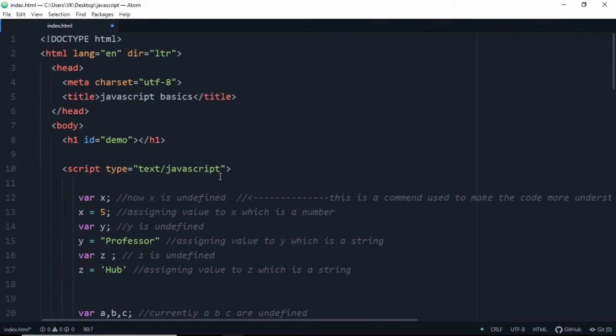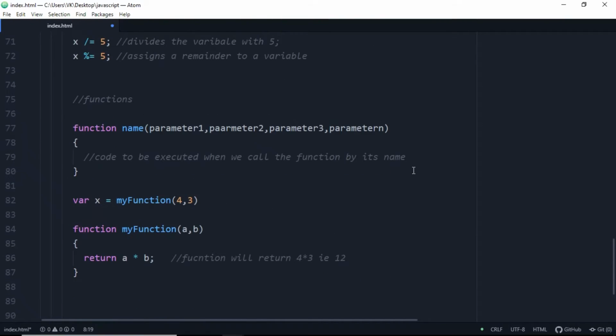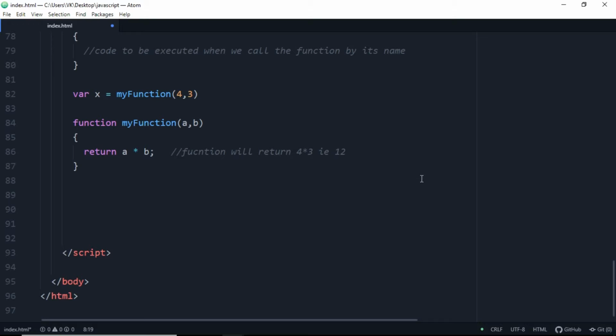And yeah, we wrote this h1 here. I told you I'll use it in the later part of the video. So right now we don't have any text to display on our web page using the h1. So let's do some h1 manipulation using JavaScript here.